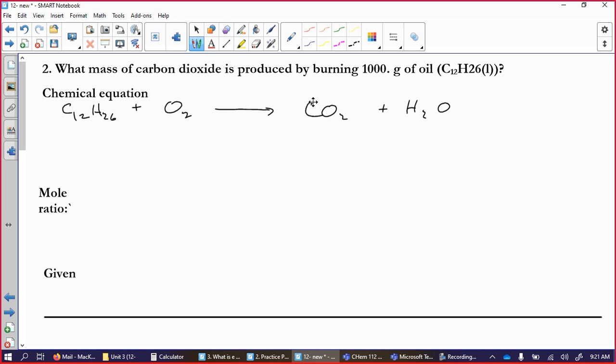So 12 and 12, because I noticed something, 26. 24 and 24 are 48, and 26, 14, 74. Half of 74, half of 70 is 35, 37. So our mole ratio now is 2 moles of C12H26 gives us